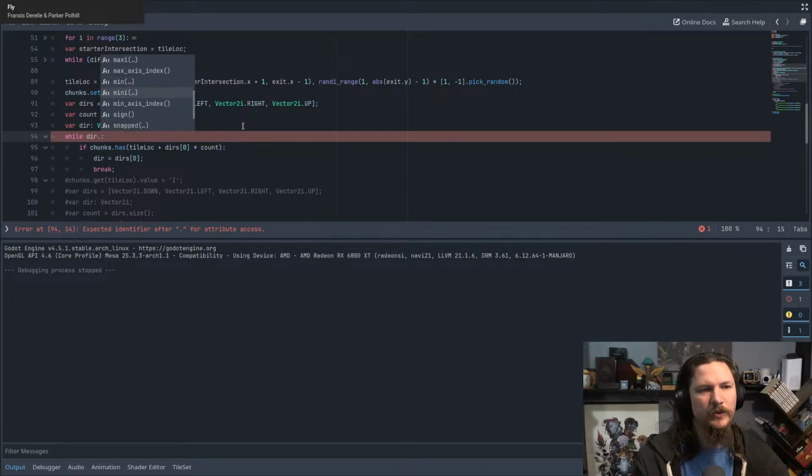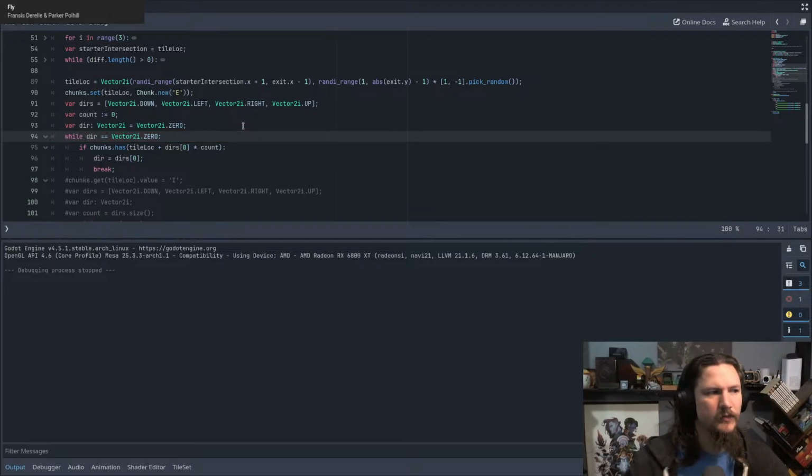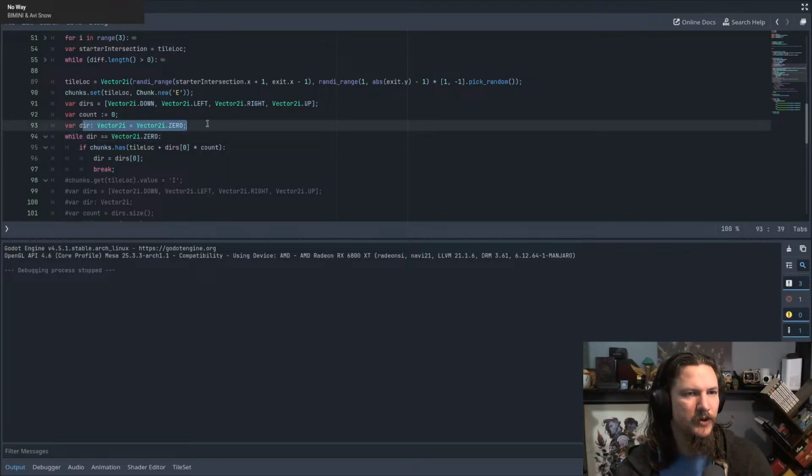Is there no equal functions on this? Can we just do that? Equal to vector 2i dot 0. Can't do this on vector 2, but there's equal functions and approximation functions. Those don't exist on vector 2i, so I'm wondering if you can just do integer comparison. All right. So while these are equal, which means we're in the 0 case,